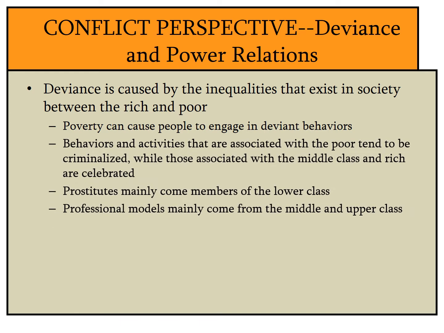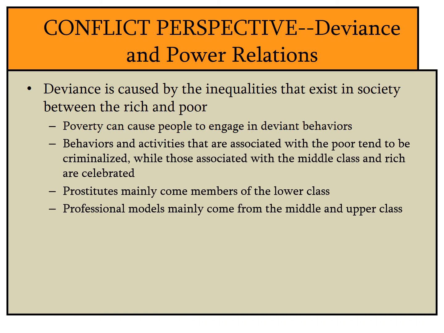Now, behaviors that are associated with the poor tend to be criminalized. Most women who go into prostitution do so because of issues of poverty. Most women don't get up and say, you know what, I want to sell my body for money. That doesn't really happen. Most women who turn to prostitution do so because of economic inequality. And so what the conflict perspective argues here is that behaviors and activities associated with the poor tend to be criminalized, while those associated with the middle class and the upper class tend to